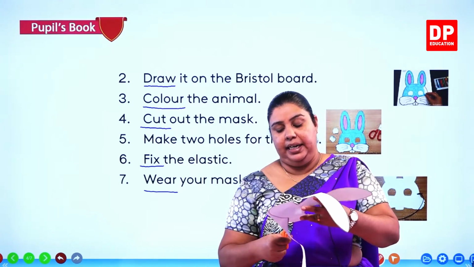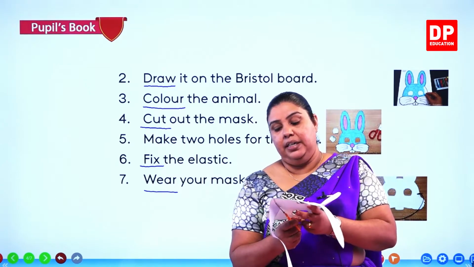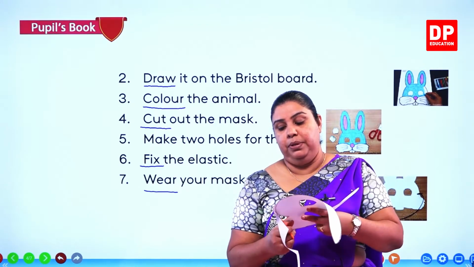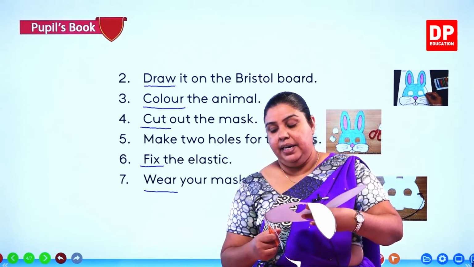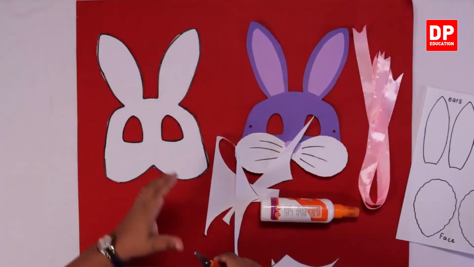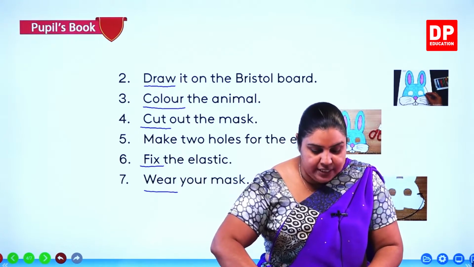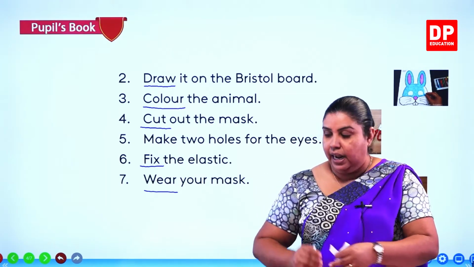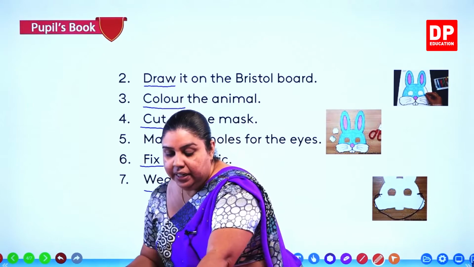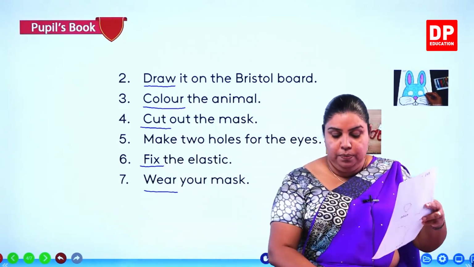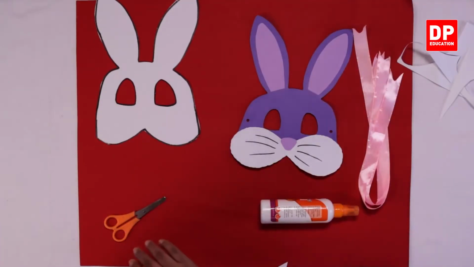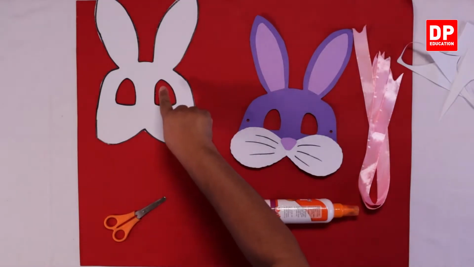So now I'm cutting. I'm cutting my mask. Now this is going to be my shape, right? Now if you want, you can color this. You can take a colored paper or else you can color it using your crayons. Now what I'm going to do, now I have my face over here and I have the 2 holes here